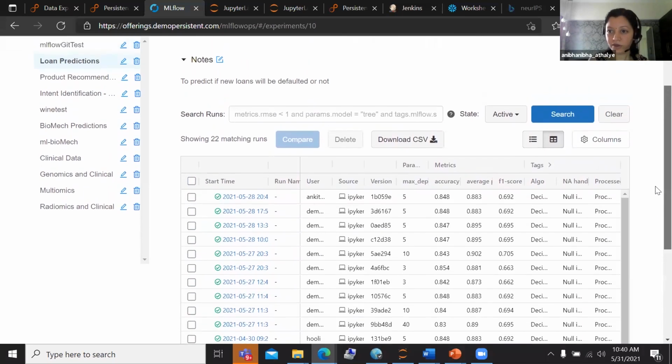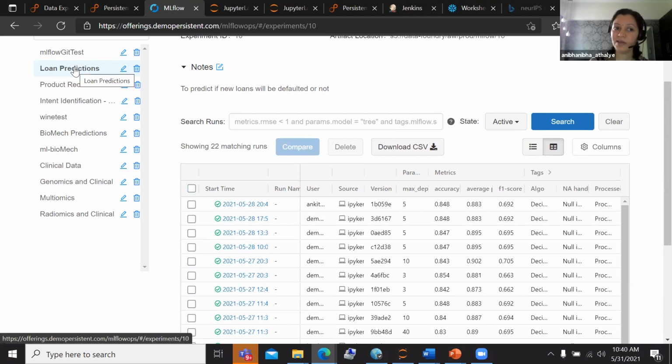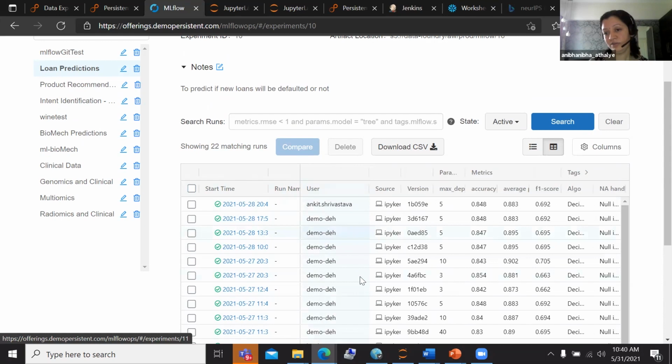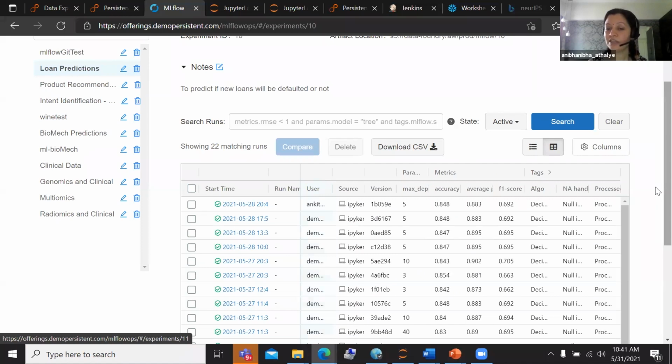You can have a different notebook, a different system altogether, a different data scientist altogether working on the same experiment, and still log the outcomes to this specific experiment itself. So if you see over here, something was run by a user called demo day, and there is another user, Ankit Srivastav, both probably working on the same data set and the same experiment, but logging the data to the same MLflow.